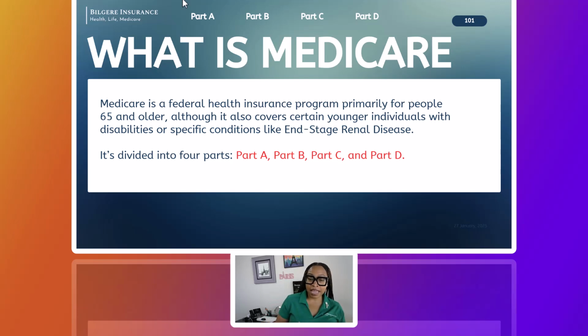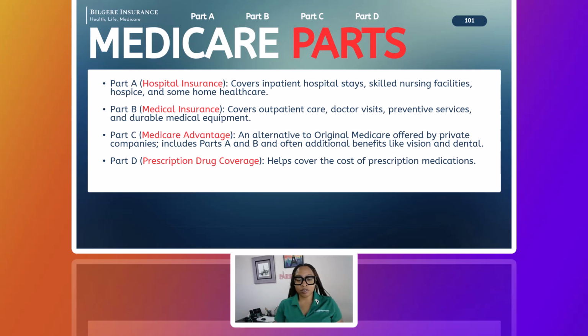Medicare is actually Part A, B, and Part D. Part C was added in there, our Medicare Advantage plans, as a combo, just like the letter C, to combine A, B, and D. Now, that is a lot of information, but we are going to go into great detail. So let's start with the different parts.